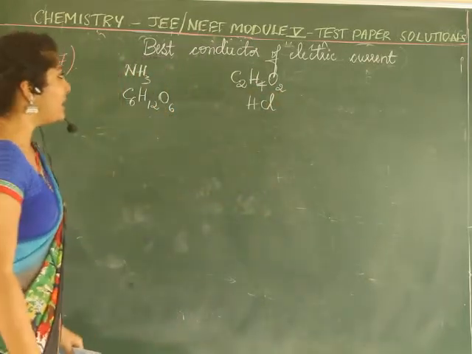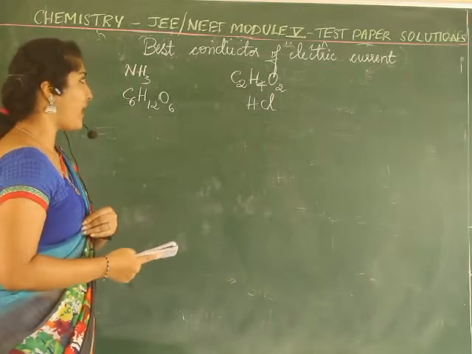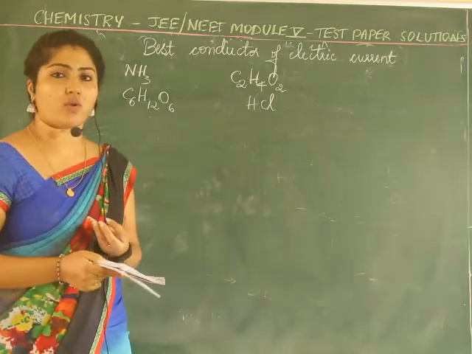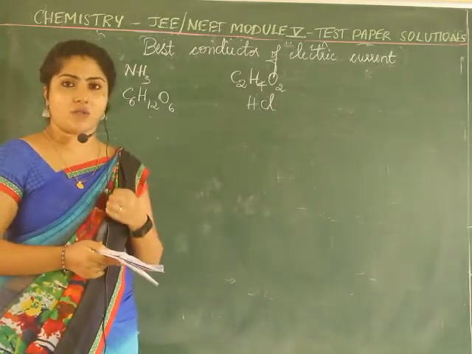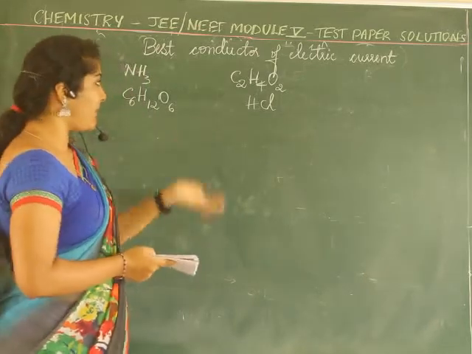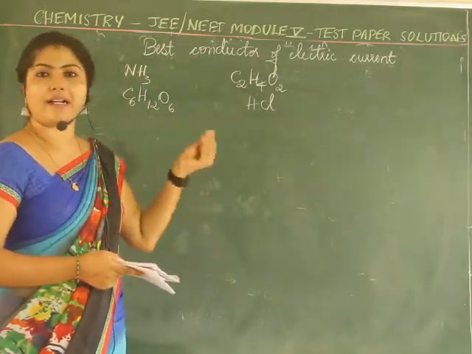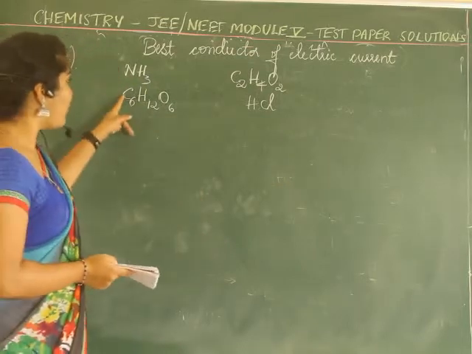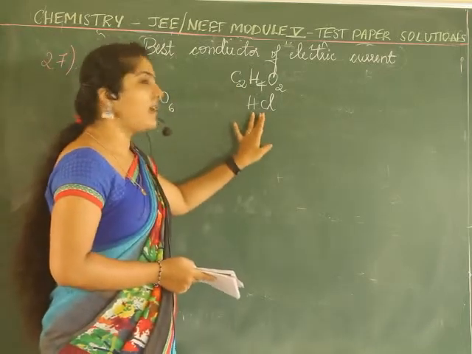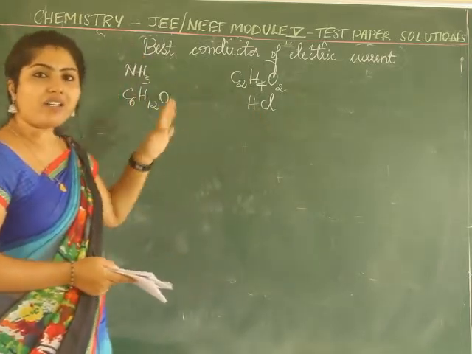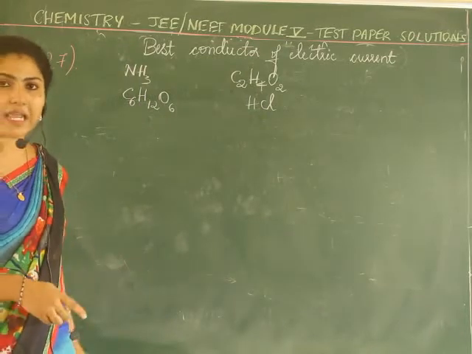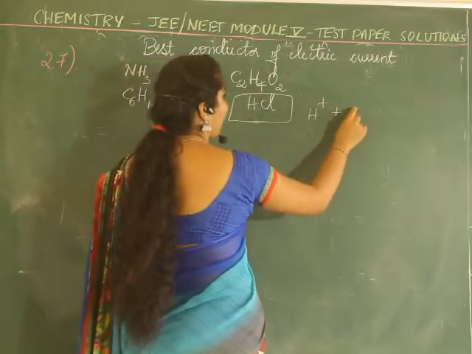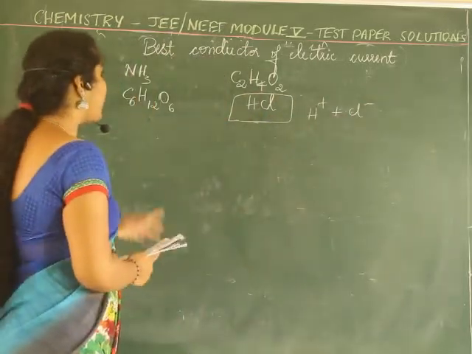Here what you need to check is that it's a concept related to strong electrolytes and weak electrolytes. If it is a strong electrolyte, it dissociates completely. If it dissociates completely, it can easily conduct electricity. That is a basic concept. Now let us see one by one. Ammonia, fructose, acetic acid and HCl. Just by having a look, we know which is a strong acid in this case, or a strong electrolyte, that is HCl, which dissociates completely as H plus and Cl minus, whereas ammonia,